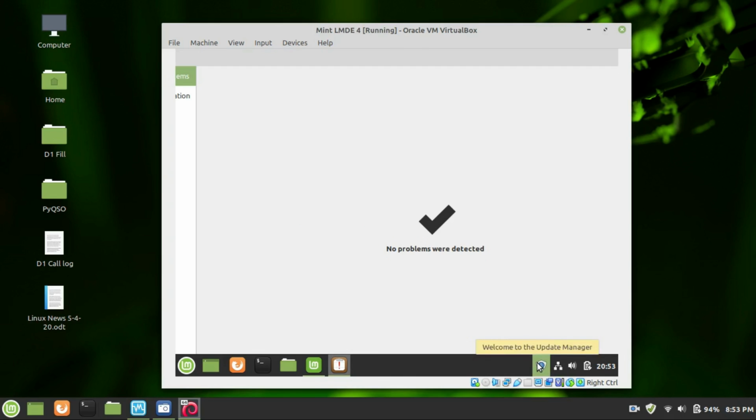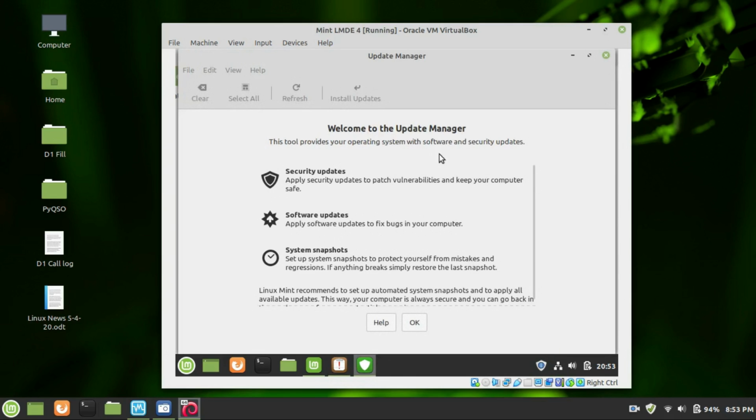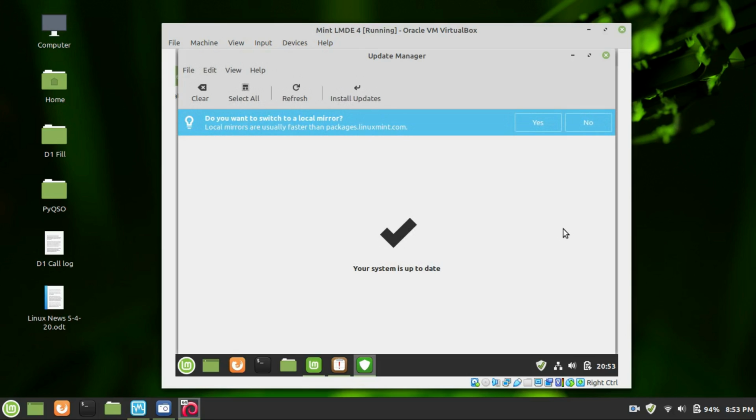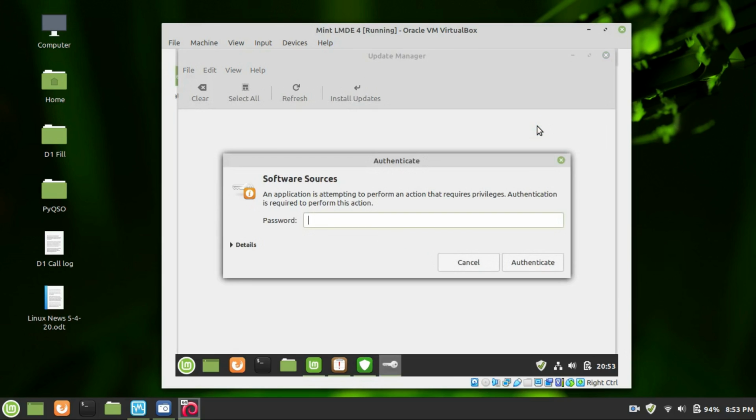Now the other thing it's going to need is updates. So it'll say welcome to the update manager. It tells you about the security update, software, and system snapshots. Just click OK. And what this will do is go out to the repository, and also lets you set what's called a local mirror, meaning it's a closer place to download your updates. So you'd put in your password,